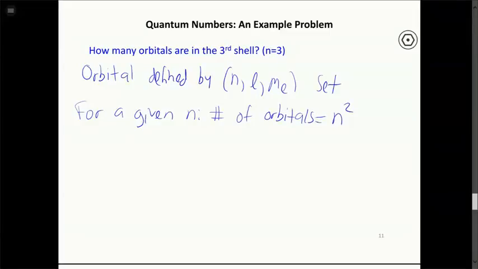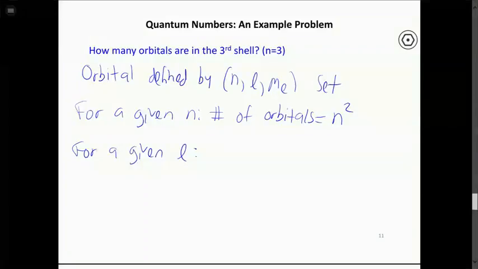For n equals 1, there's 1 orbital. For n equals 2, there's 2 squared, which is 4 orbitals. For n equals 3, there's 3 squared, which is 9 orbitals. For n equals 4, there's 4 squared, which is 16 orbitals. So if you know the value of n that you're interested in, you can figure out how many orbitals are in that shell. And then if you're talking about a given subshell where you have a value of L,